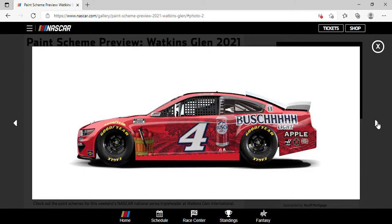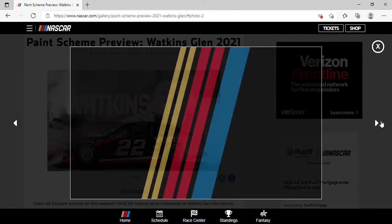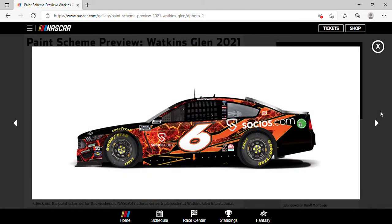So, anyways, here's Kevin Harvick's number 4 Busch Light Apple Ford Mustang, which we saw last year in both the All-Star race and Michigan and so many other races, so we can pass on that. Kyle Larson, the winner from this past weekend, driving the typical Hendrick Cars.com Chevrolet, and you also got hiring technicians. That's something new. Here's Ryan Newman in the number 6 Socioz.com Ford Mustang, and all I can say is,